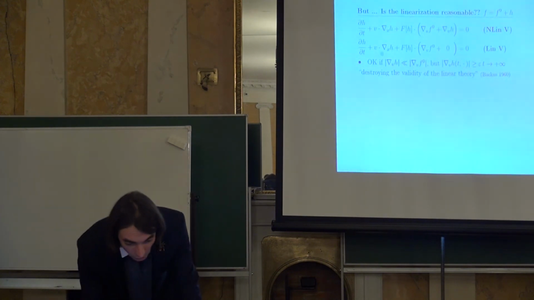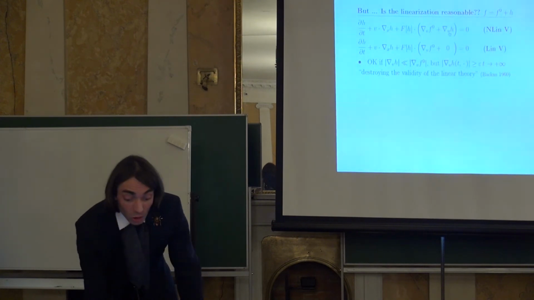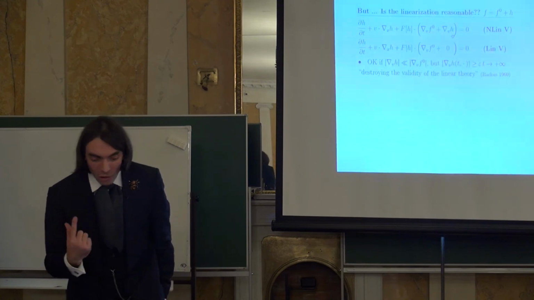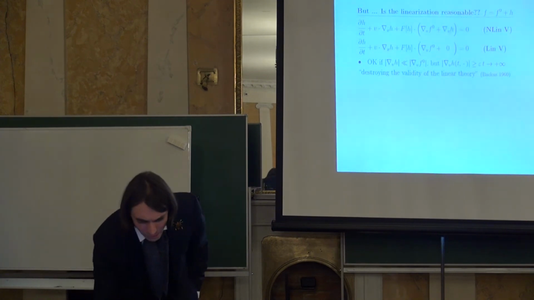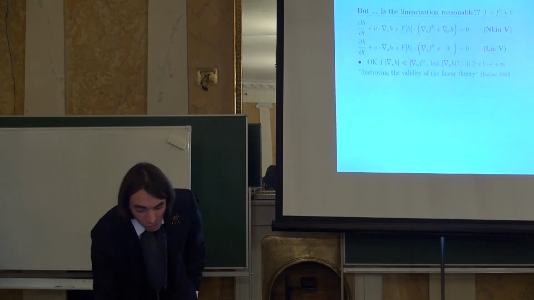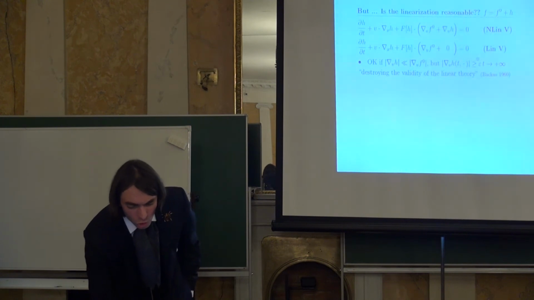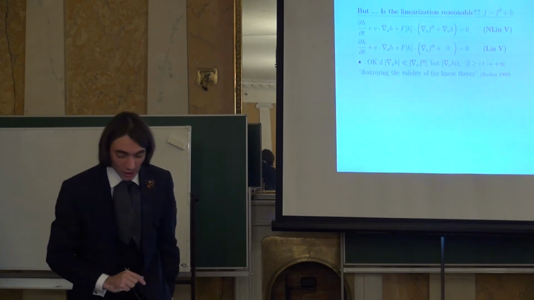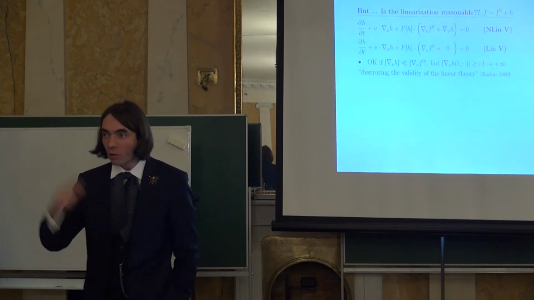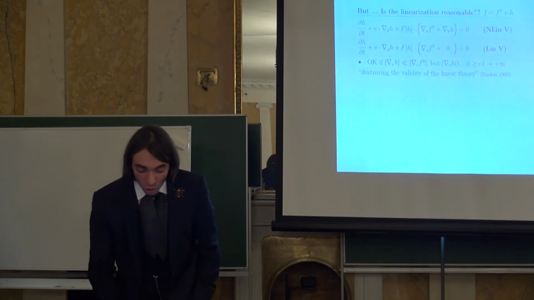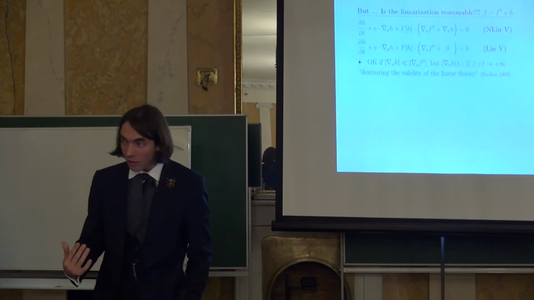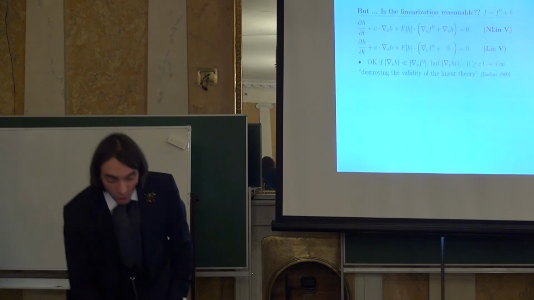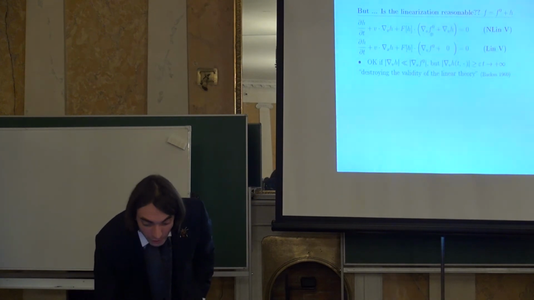This, however, if you look at the equation, seems very natural if this term is small with respect to this one. But you can see from the linear analysis that you don't expect this term to remain small with respect to this one. On the contrary, this term should grow in time, linearly in time. So even if it is very small initially, if you wait long enough, it will be much larger. And you arrive at the tricky situation in which you seem to be neglecting a term which is much larger than the term that you keep.